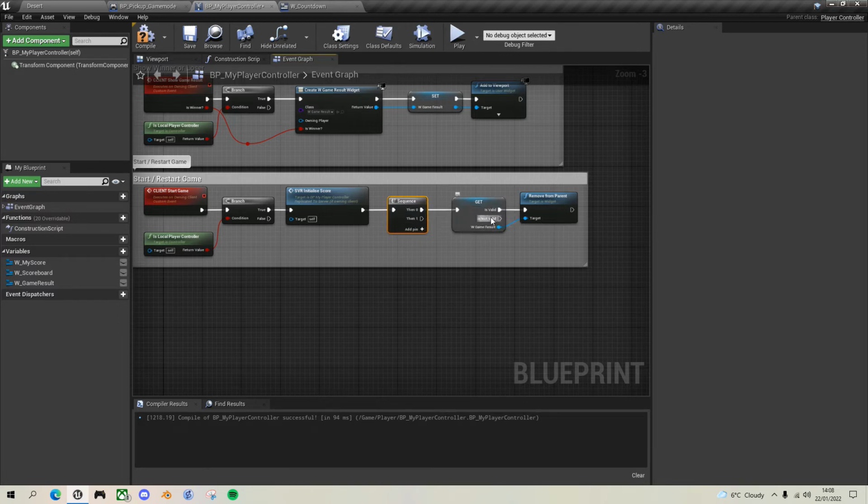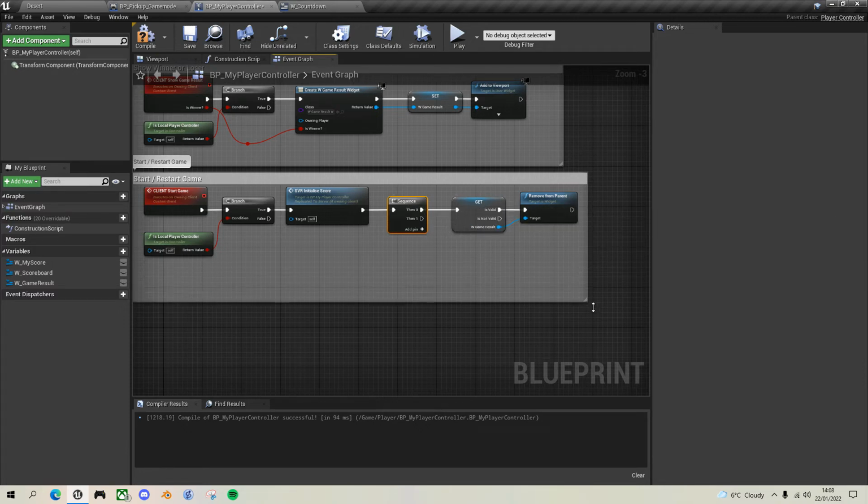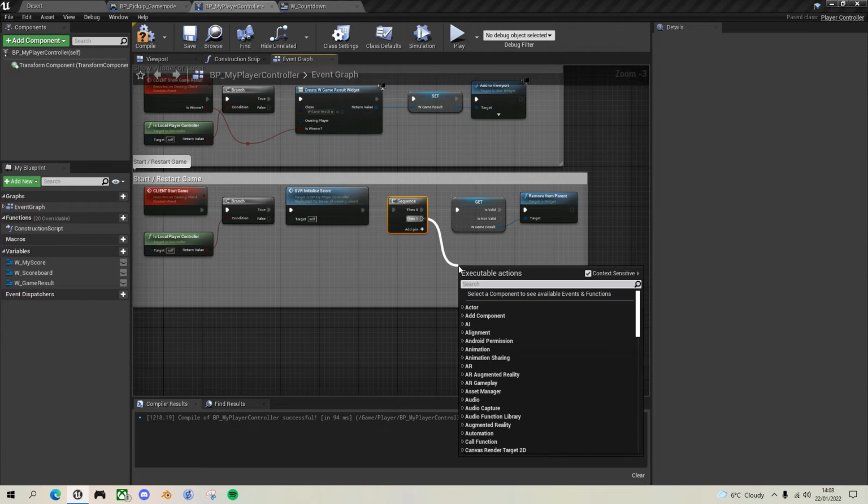The reason I'm doing that is because if this game result is invalid, we still want to create the 3, 2, 1 go. So effectively we want to do this even if the check fails. So let's drag a bit of space. And now what we want to do is, off this next part of the sequence,